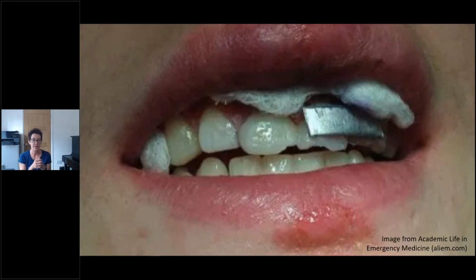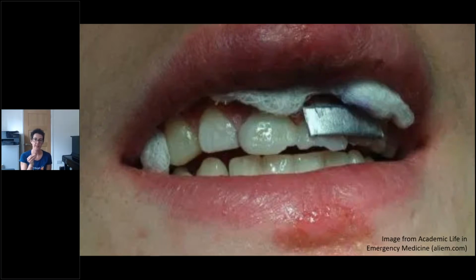So what we're trying to do is just make sure that the tooth doesn't fall out again, and particularly that the child doesn't swallow it or aspirate it. So what you can do just as a temporary measure is to re-implant the tooth, dry it off as best you can. Then you can use some tissue adhesive, so whatever wound glue you have in your department, and then